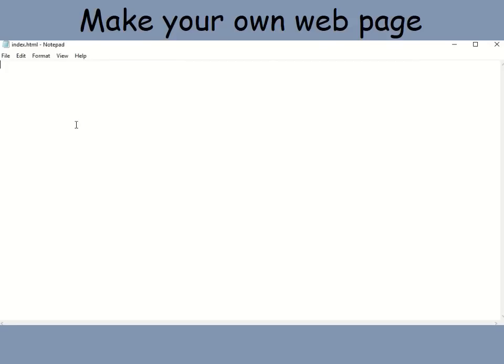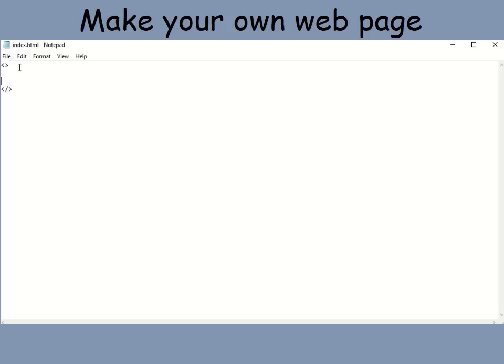When we write HTML, we basically use something called tags. Everything we do has an opening tag, and it will also have a closing tag. You'll notice that the only difference is the slash. A good habit to get into is, when you type in your opening tag, straight away do your closing tag